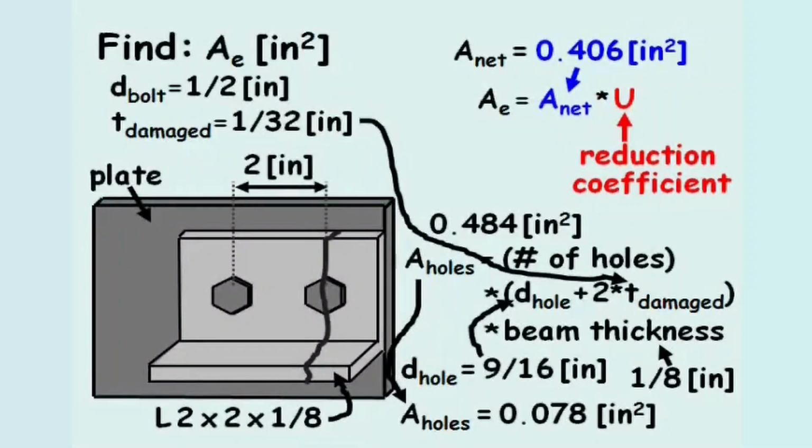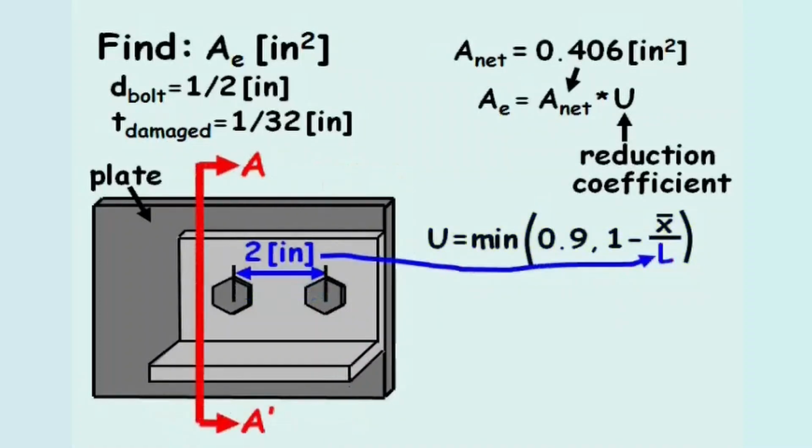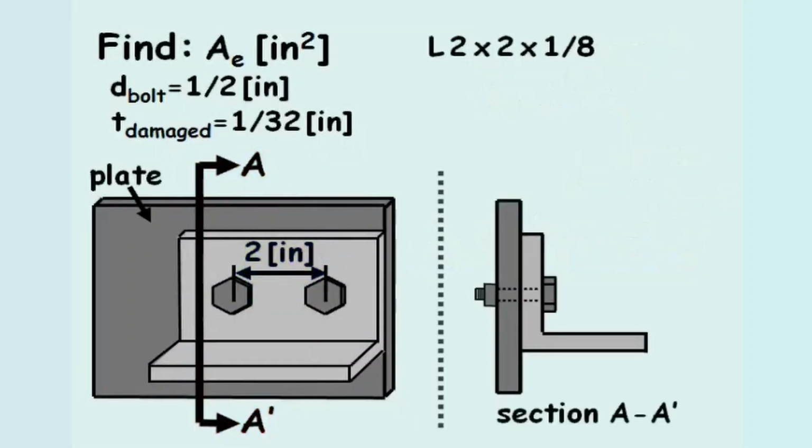The reduction coefficient equals the smaller of 0.9 and the quantity 1 minus x bar over L. In this equation, L refers to the distance between the centers of the first and last bolt holes, which equals 2 inches. Next, if we take a cross-section of the beam and plate through A prime,